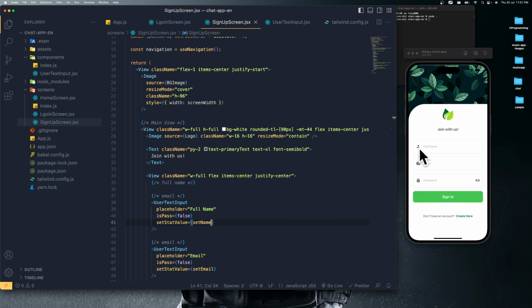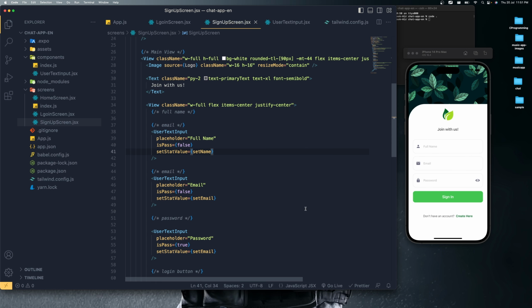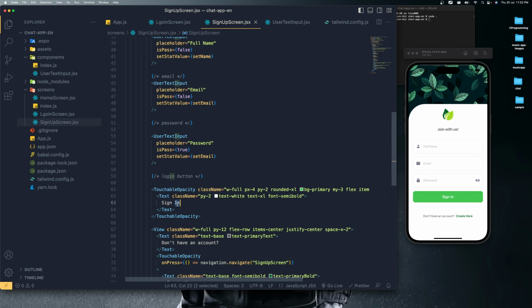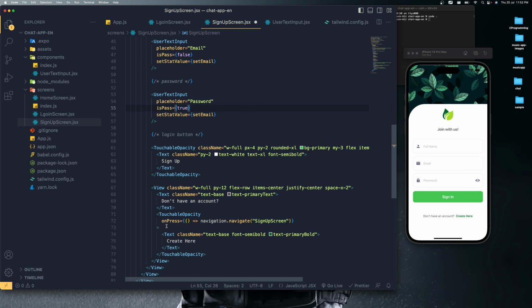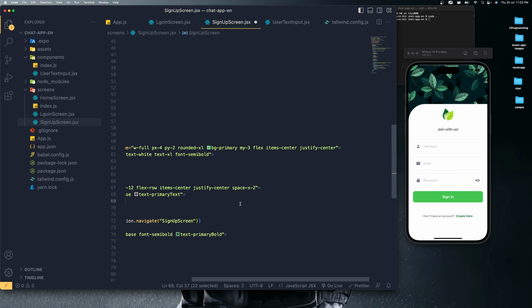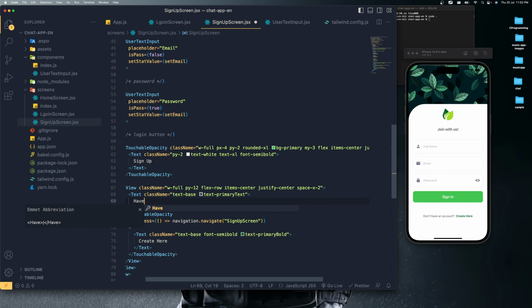All right, so now we have that full name property, which is applied perfectly over there. Email and password, everything is going to be the same, but this time instead of sign in, I'm going to display the sign up, and instead of "don't have an account," I'm just going to say "have an account." If you have an account,